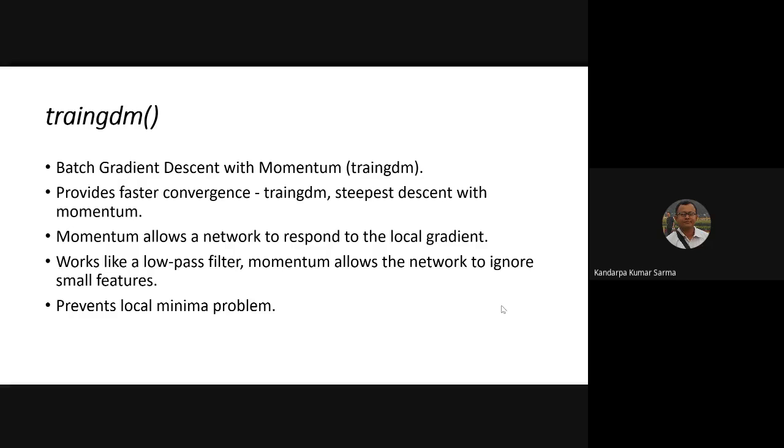This particular momentum term makes the MSE convergence faster. The momentum term guarantees that the network will respond to local gradient variations. So the momentum term will function like a low pass filter,